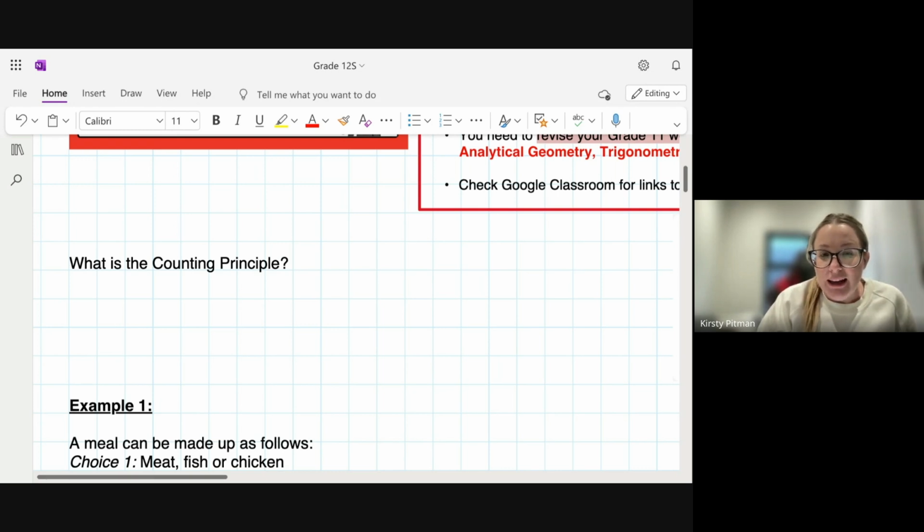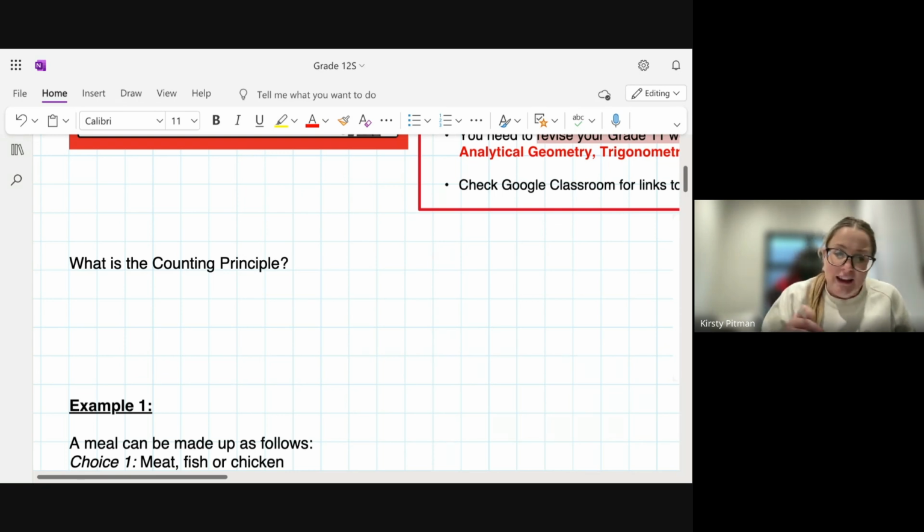In mathematics, we begin with counting. Initially we count with our fingers and beans and buttons, or they used abacuses back in the day. But that's only practical when you have really small numbers. What happens when we have a large number of items which needs to be counted? So literally, for the counting principle, we're looking at counting large numbers.